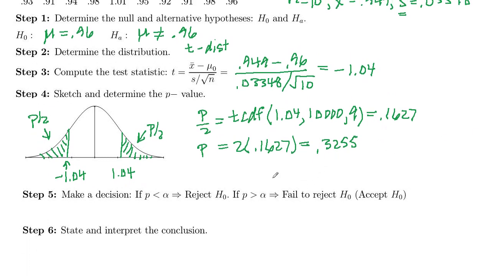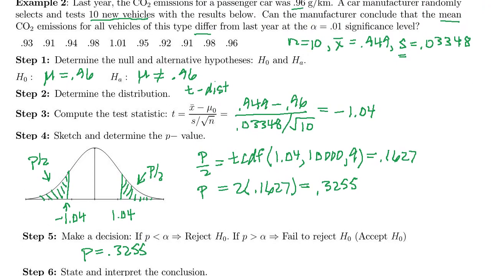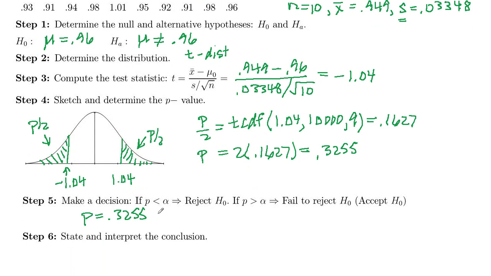So our P is 0.3255. We compare that to our alpha here, which is 0.01. And it's definitely greater than 0.01. So P greater than alpha, we fail to reject. So do not reject